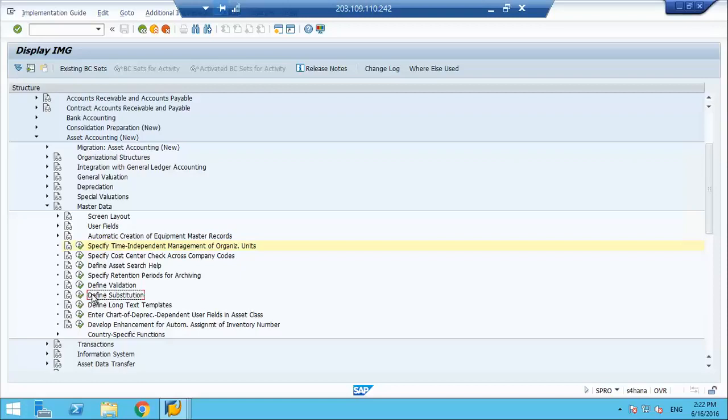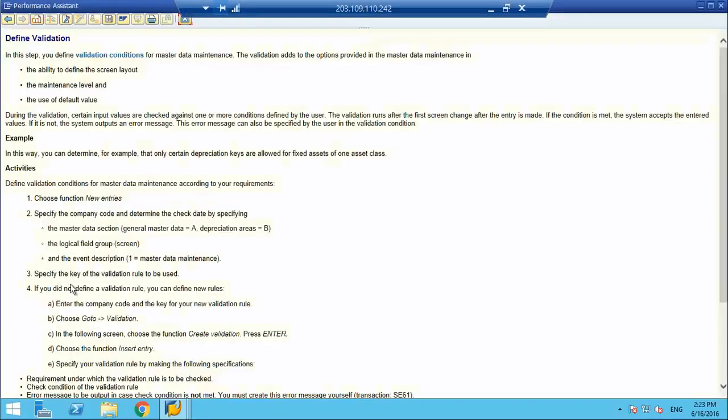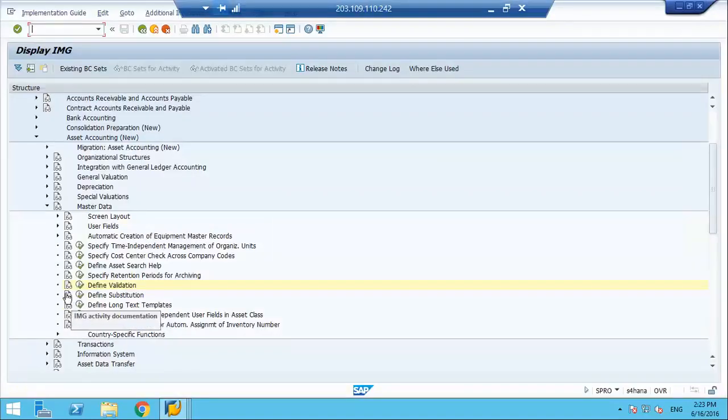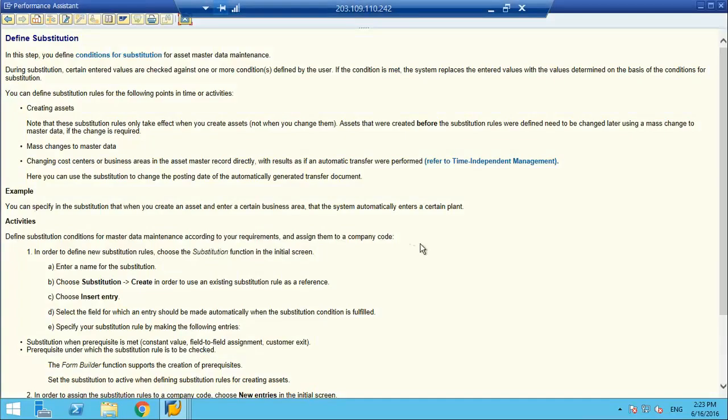For substitution, what is the purpose? So let's understand the purpose first. Let's talk about substitution. You define conditions for substitution for asset master data maintenance. During substitution, certain entered values are checked against one or more conditions defined by the user. If the condition is not met, the system replaces the entered value with the value determined on the basis of the condition in